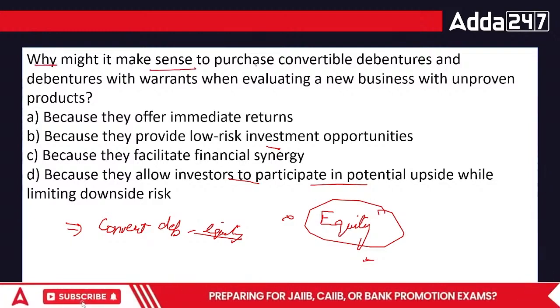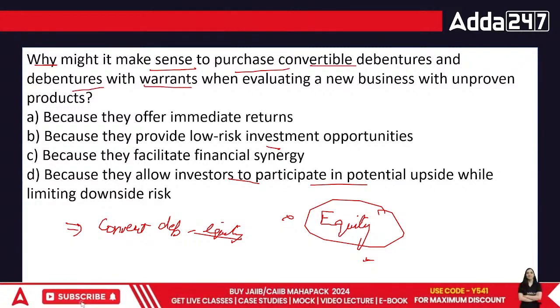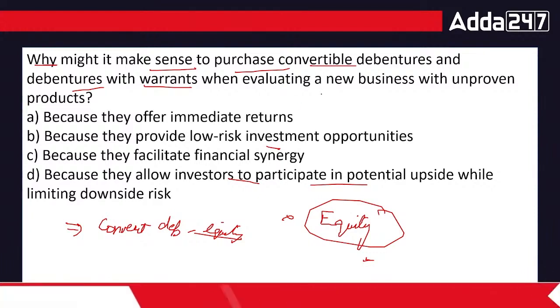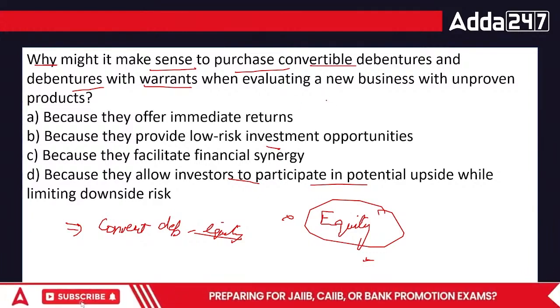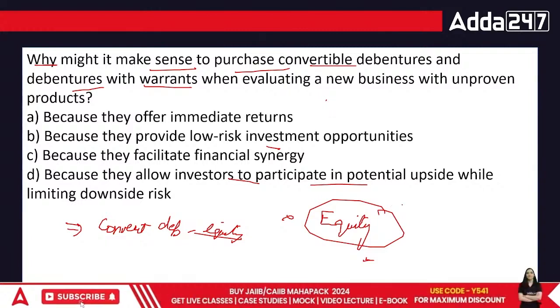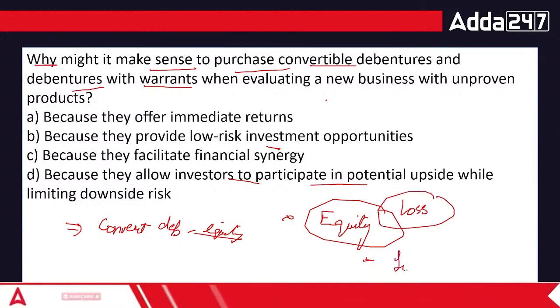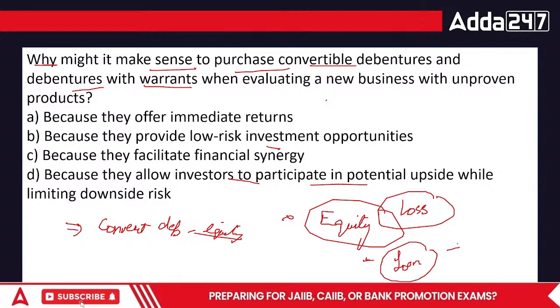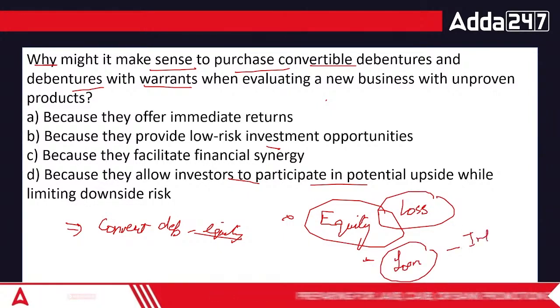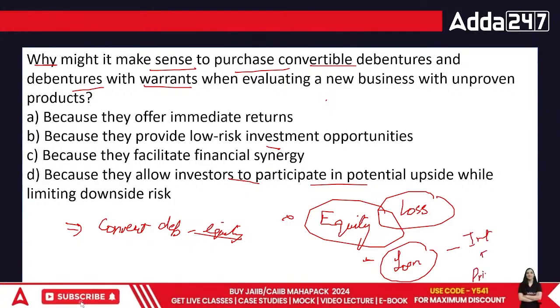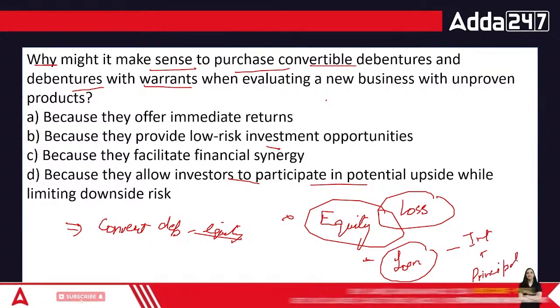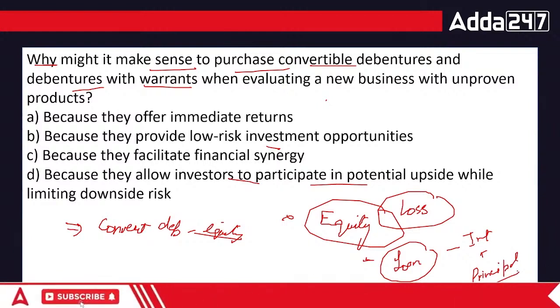Why might it make sense to purchase convertible debentures and debentures with warrants? The question clearly meant that when you are dealing with an adventurous company, you don't want to participate in equity. Equity means if there is a loss, there is a loss. You won't get a penny. But if you give it a loan, whatever happens to the company, at least you will get your interest and principal back. And later on, you can say to that organization,